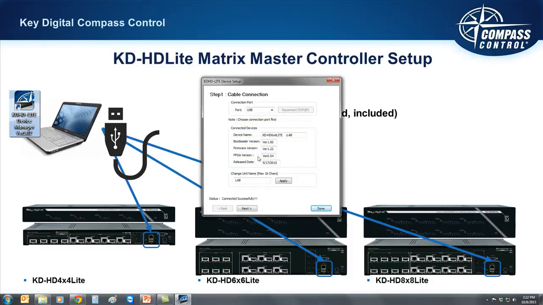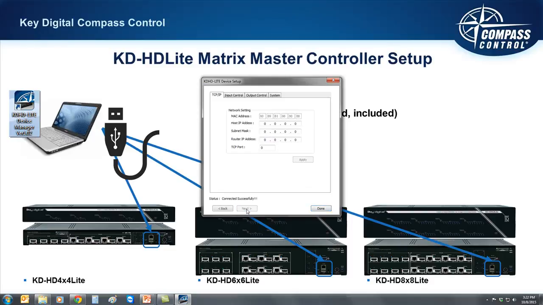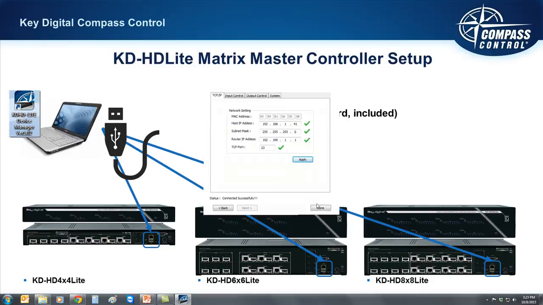Now we can enter setup. We show that it is successfully connected, and we have our firmware version that is the latest and the greatest. Our host IP is set to the default. If I'd like to change those settings for the host IP and the router IP, aka the default gateway, we go ahead and do so, and we